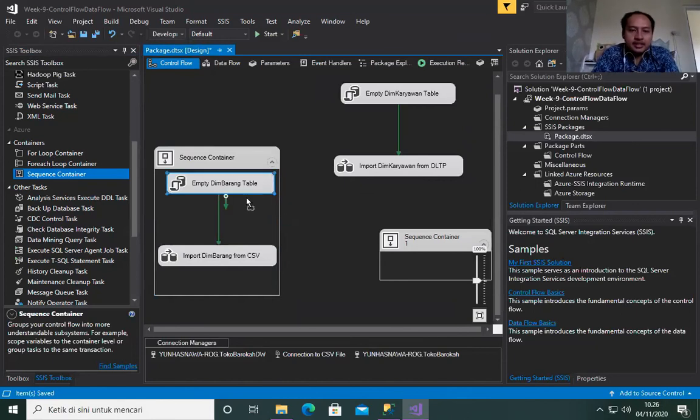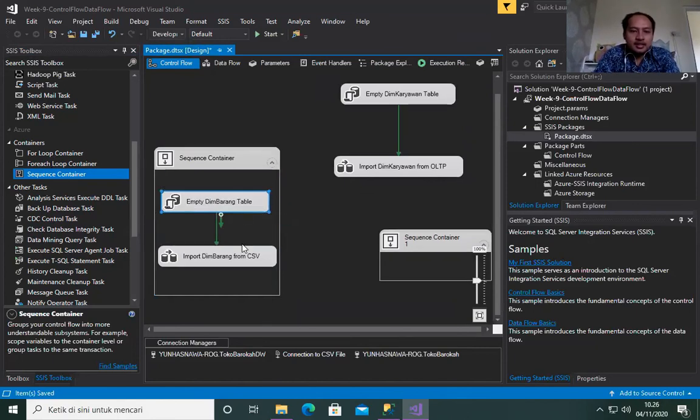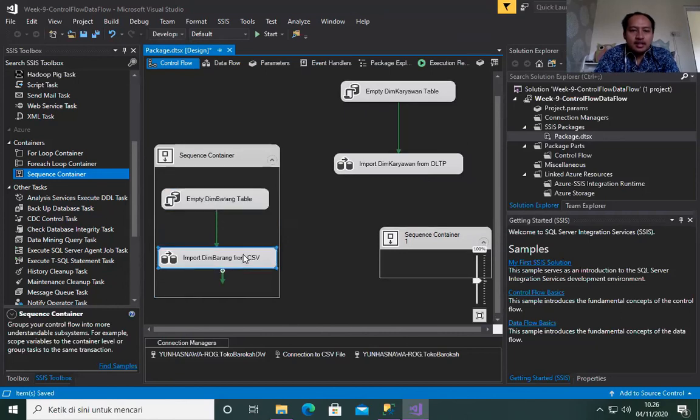So you can group it into a container to make it easier for you to understand the flow later on when you edit this package.